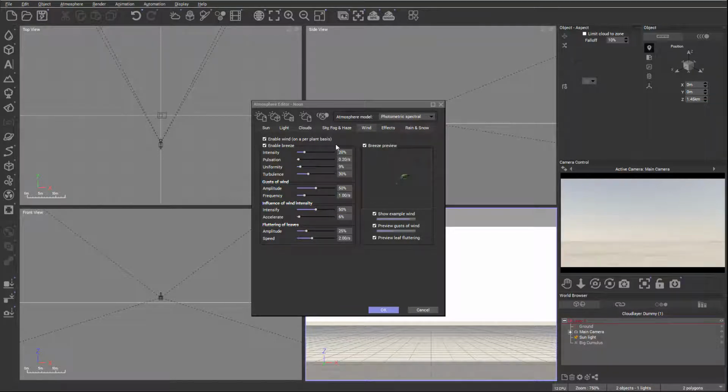Beside the wind, we can enable breeze and gusts of the wind. Gusts are those random small puffs of air. Breeze is more wavy and continuous, and of course the wind is the higher one. So overall, these are different types of properties. We'll look at them. You can also have a preview of the wind or gusts, depending on how much you want